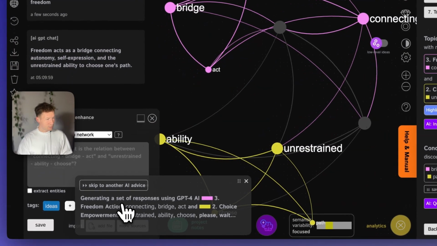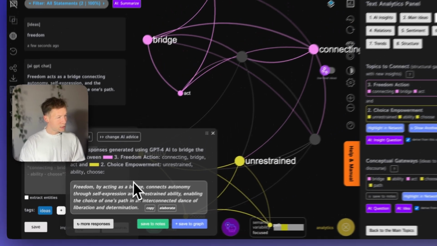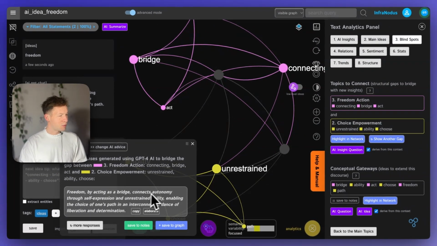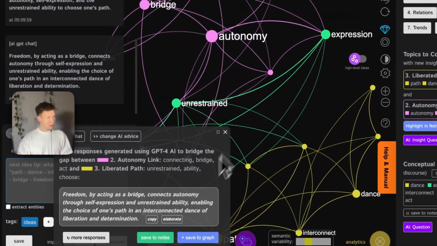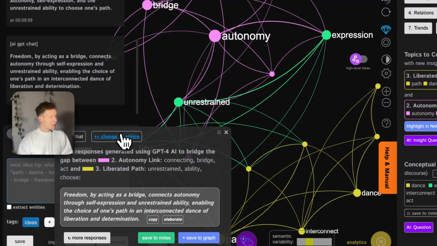I'm going to click chat and see what else it generates. Here it says freedom by acting as a bridge connects autonomy through self-expression and unrestrained ability, enabling the choice of one's path in an interconnected dance of liberation and determination. That's a pretty interesting idea. It's kind of like really connecting this idea of freedom and choice and how you can make a choice and choose your own path. So I'm going to add this, and it bridges those topics, recalculates everything, and then we